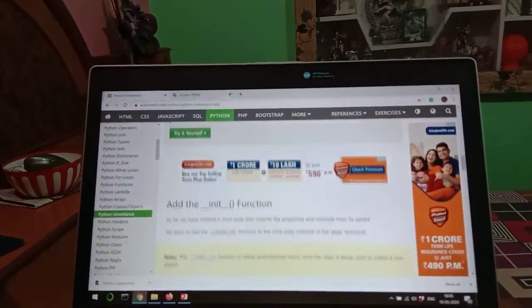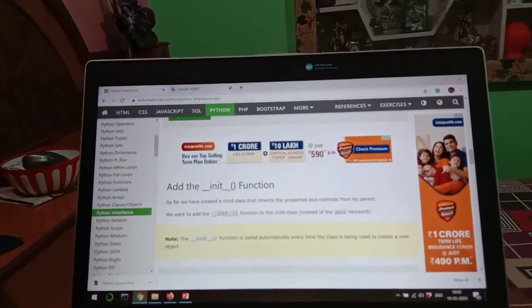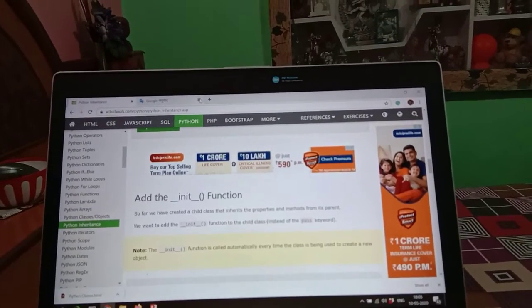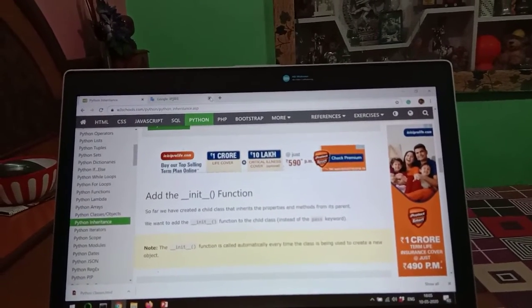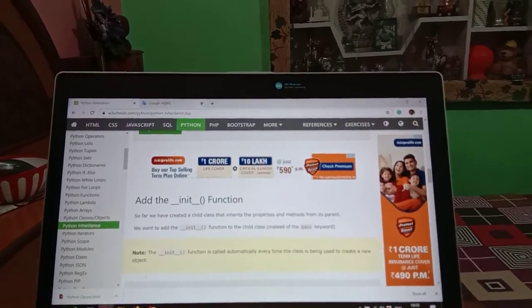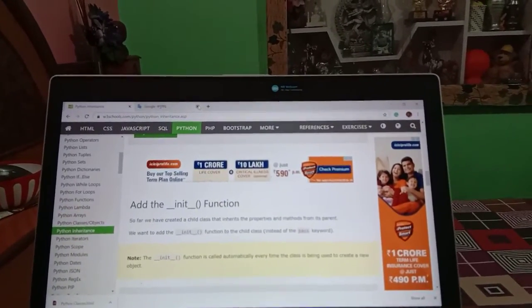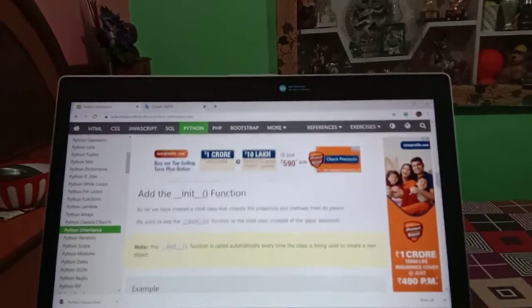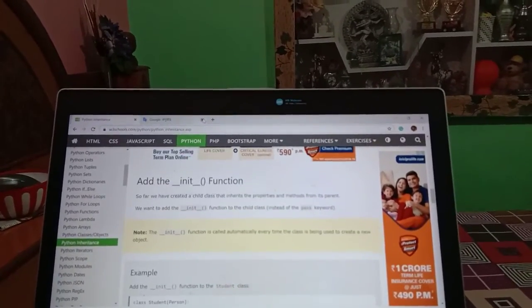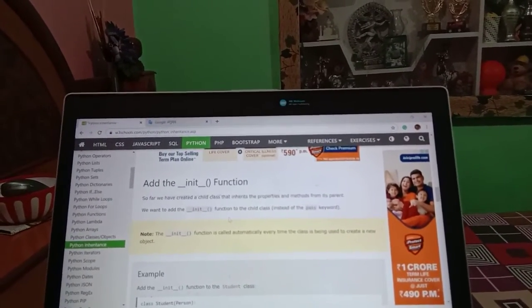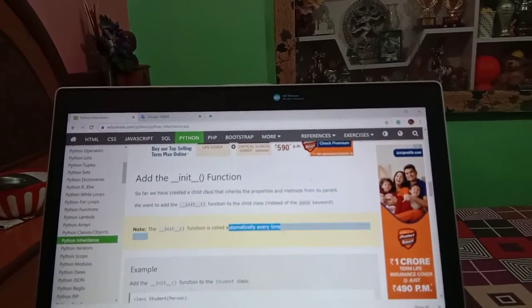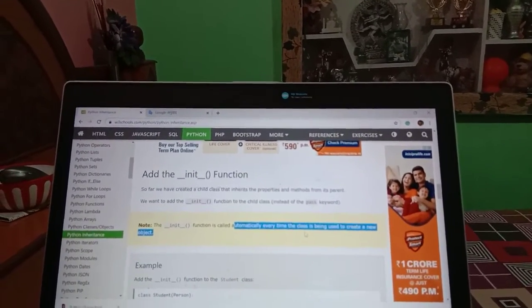Now we are moving further. Add the init function. So far we have created the child class that inherits the properties and methods from its parent. We want to add the init function to the child class also, instead of the pass keyword. Note that the init function is called automatically every time the class is used to create a new object.